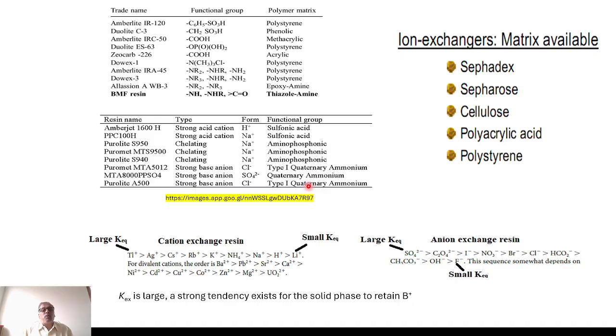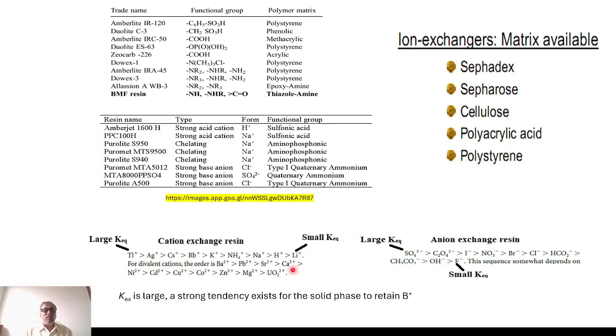If you are going to purify a cation, then you have to use an exchangeable cation, that is, a cation exchange resin. If you want to separate an anion, then you have to use an anion exchange resin. You can use different types of cations like proton, sodium, potassium, ammonium, rubidium, cesium, silver,